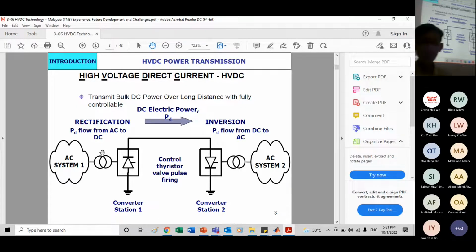And then of course through a DC line, because it's already DC, your frequency doesn't matter and your amplitude does not matter anymore. So it comes to the other end, where the DC is converted back to AC for the other country. So the whole substation itself is made of power electronic converters. So that's why